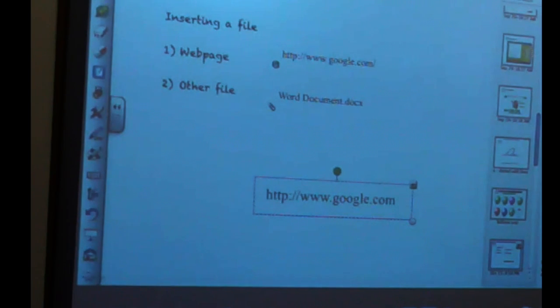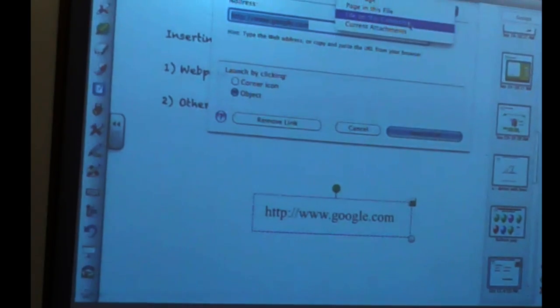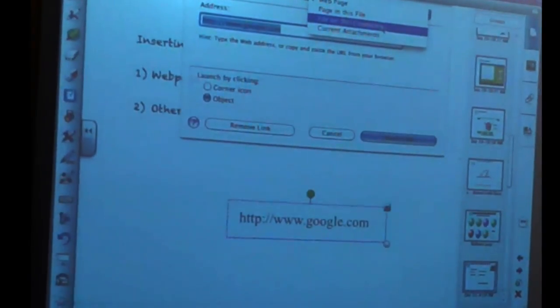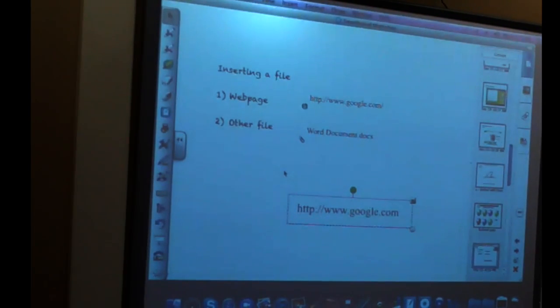And you can do the same thing with the Word document. So go to link, page, and file on this computer. You just find one from the desktop or wherever it was and insert it the same way. So now